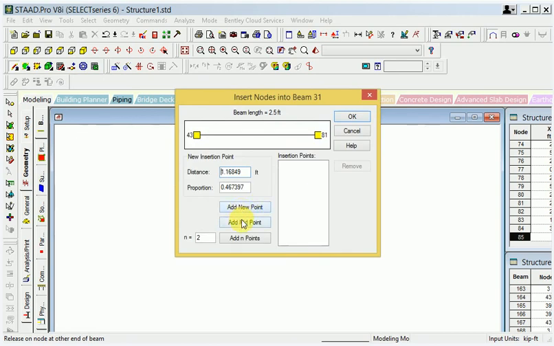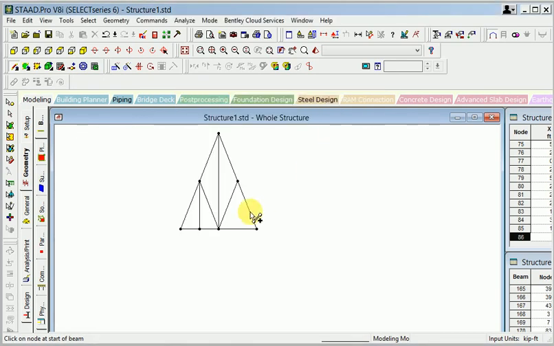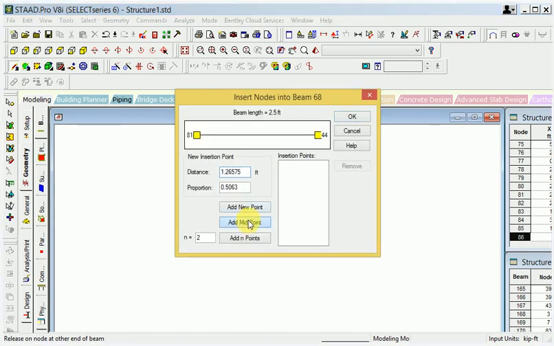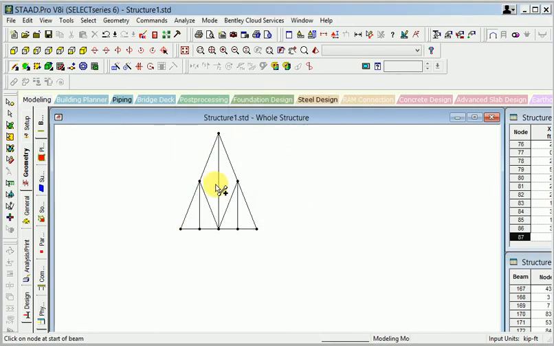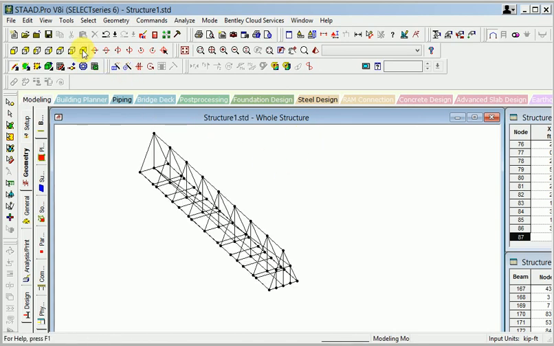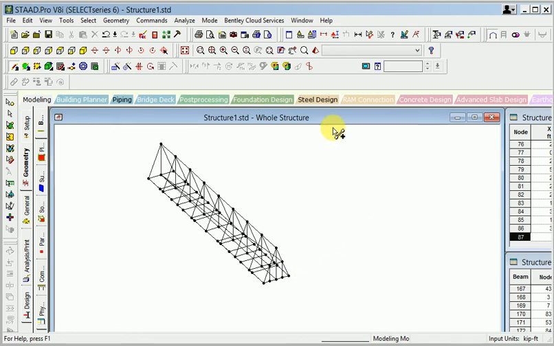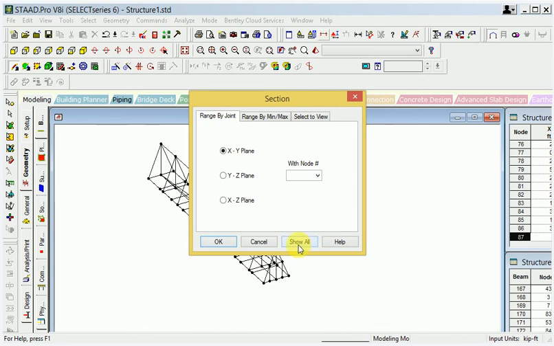So this is the midpoint, and okay, again I show you join and midpoint. So right now I have to join this one, and if you click this particular line and command, so you can see here. Then after I will show you 3D view. This one, look at this, and again I will go here to cut section and show all.